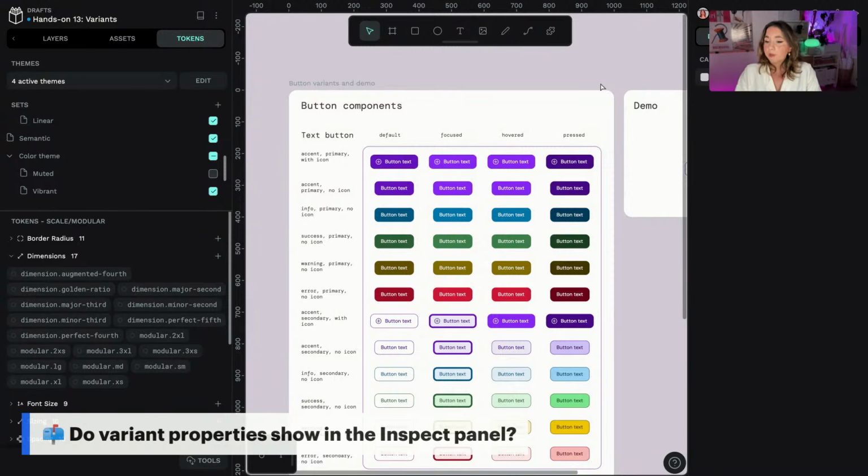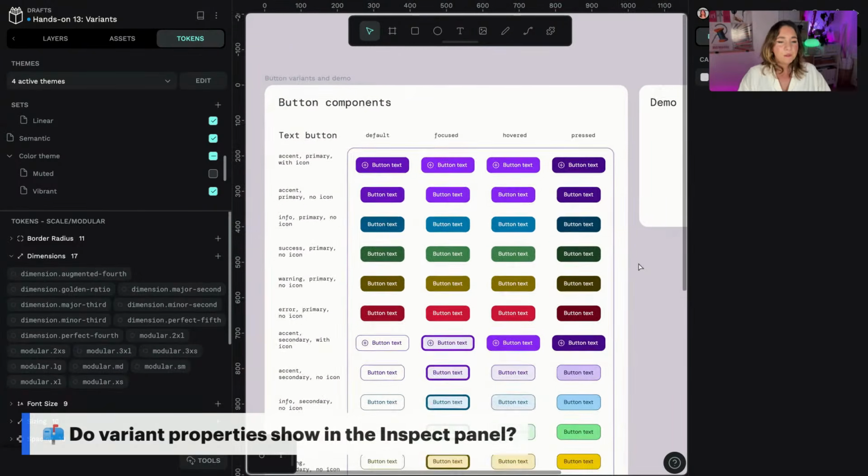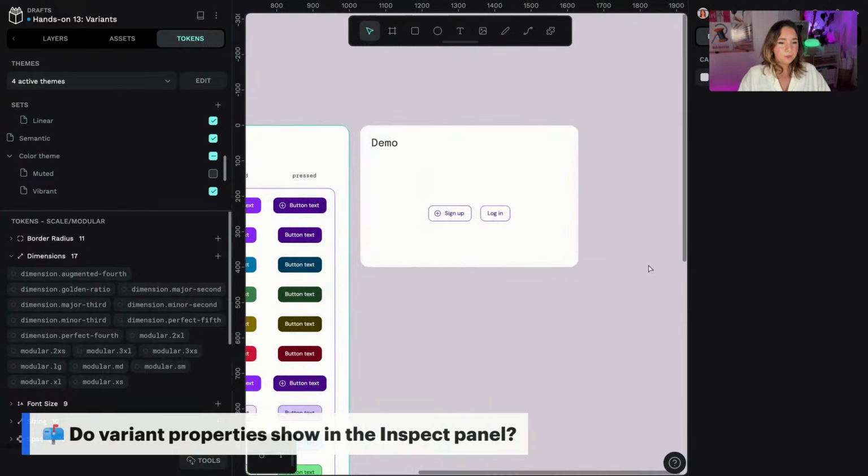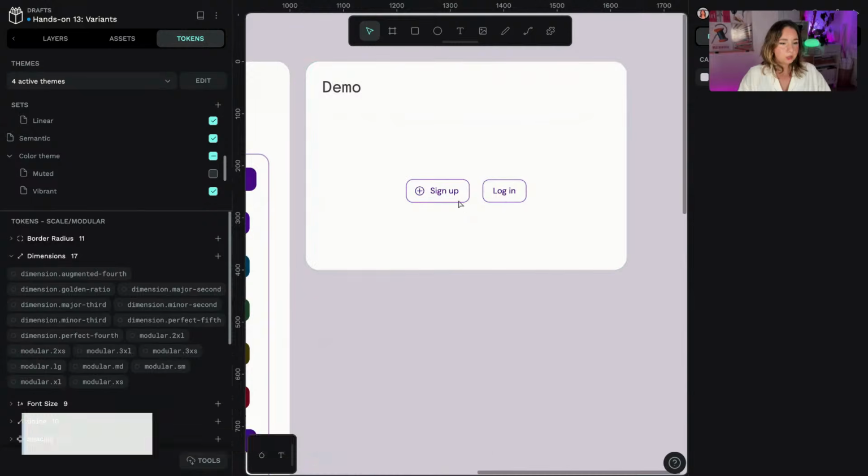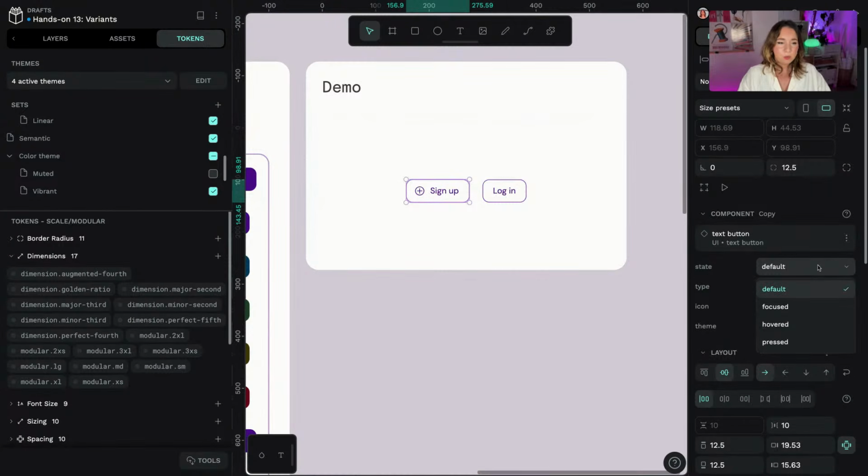Okay, we've got time for a couple more questions. Do variant properties show in the inspect panel? I showed you this very briefly earlier, but I could show you again here. So let me change this sign up button back. We're going to make it hovered, and we're going to make it primary, and it's not got an icon, and